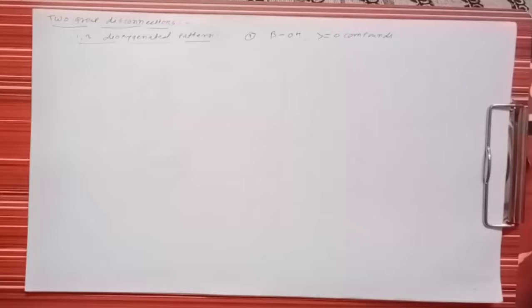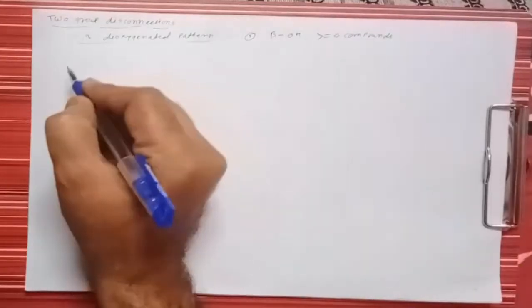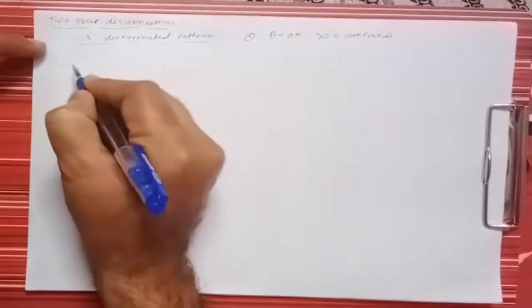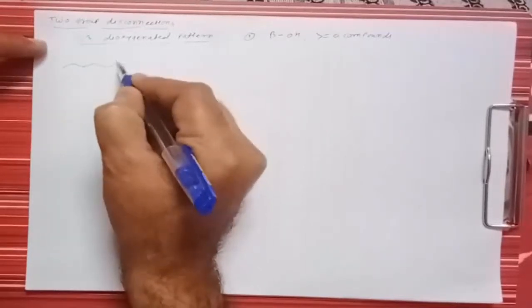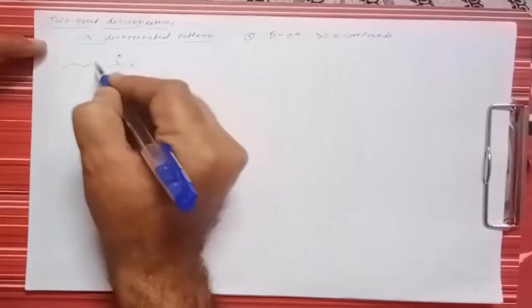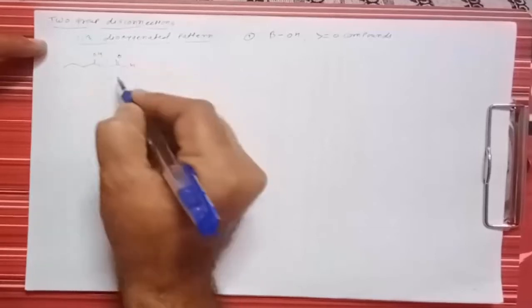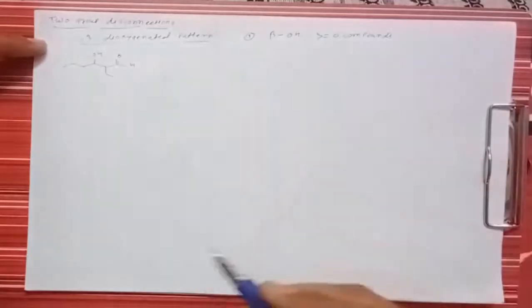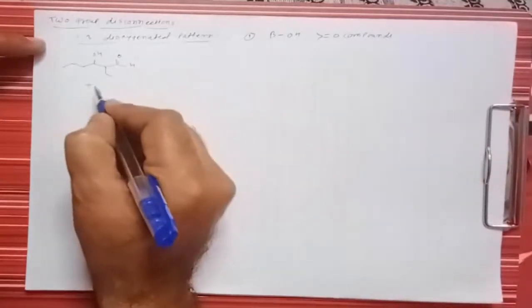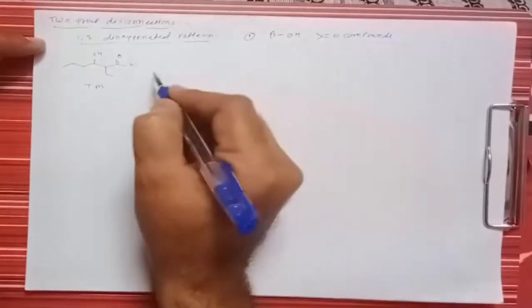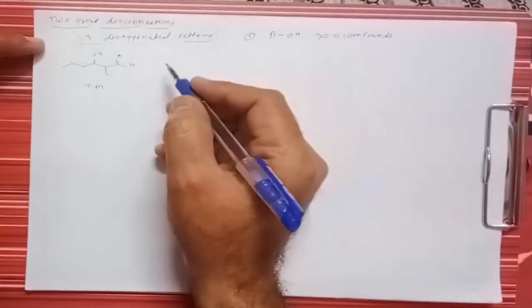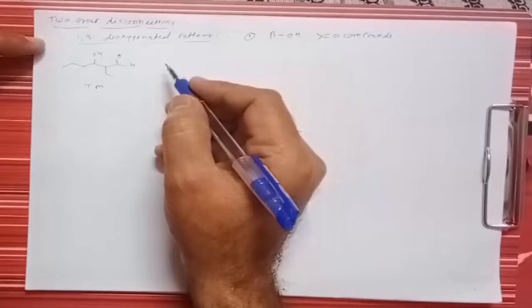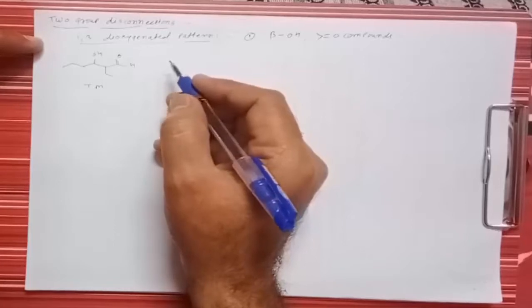hydroxy carbonyl compounds. In the beta hydroxy carbonyl compound, let us take one simple target molecule containing a beta hydroxy carbonyl compound. So the carbonyl compound contains an aldehyde, here is an OH group, and it contains a substitution like this. So this is a target molecule, and we have to break that target molecule in such a way that it gives a good disconnection and the reagents are easily available.